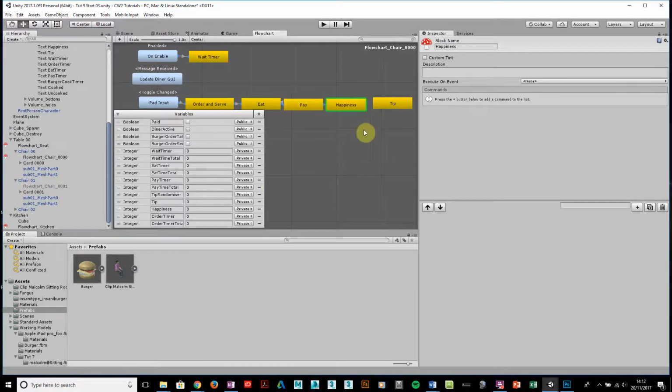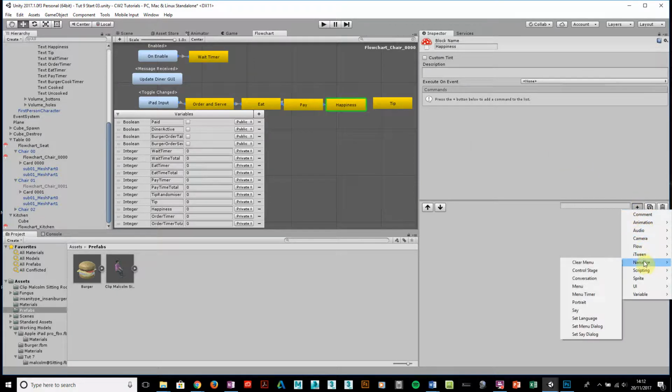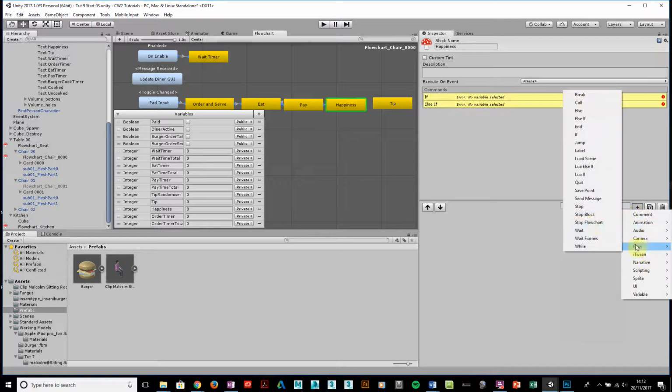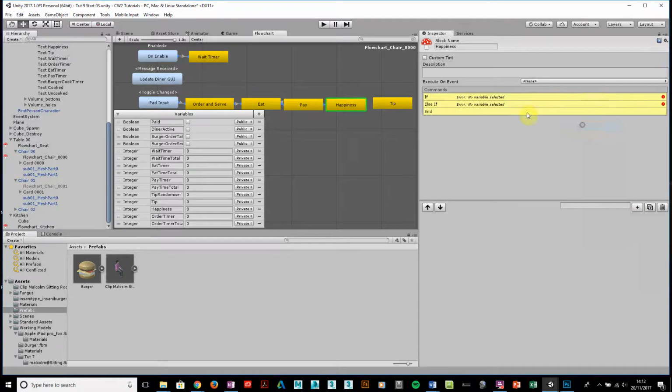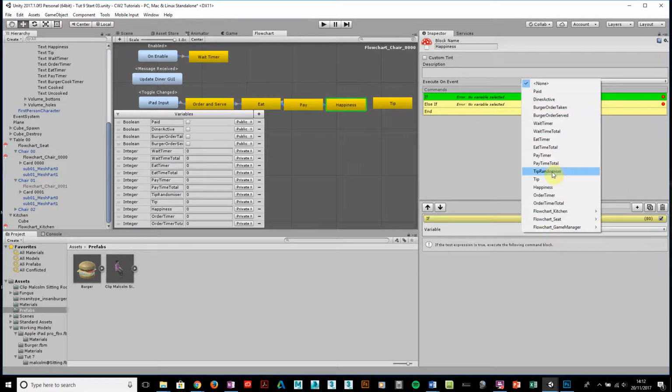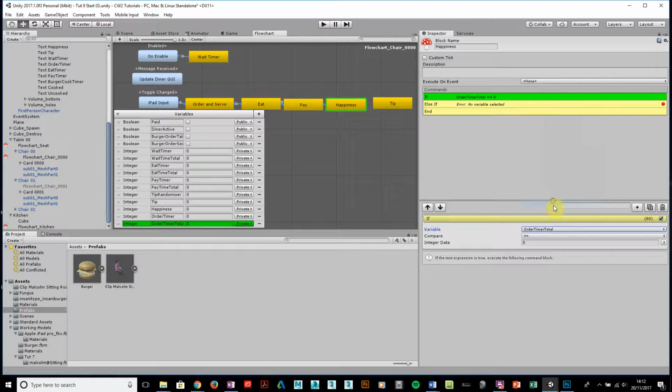And then this is happiness, which is fairly involved. It's a lot of ifs and else ifs. So we'll say flow, if, and flow, else if, then end, flow, end. So I'm going to do this for 1. So we'll say if order time total is less than or equal to 120,